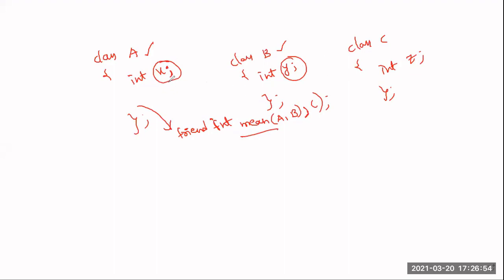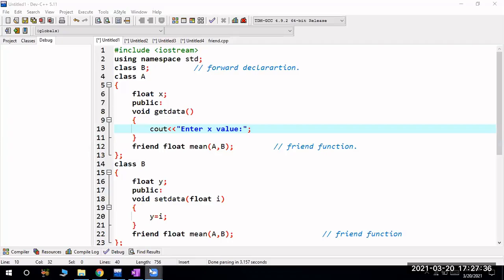That may be your choice. But the concept is, in the previous class I have shown how to access the private data from a single class using a friend function. Even though it is a non-member function, I can access the private data by using a friend function. We have seen how to access the private data of only one single class using a friend function. But now what I want to discuss is, I have three different classes. I want to access the private data from three different classes using a single friend function. Do you understand? Yeah, got it, right? Okay, we will see that one.